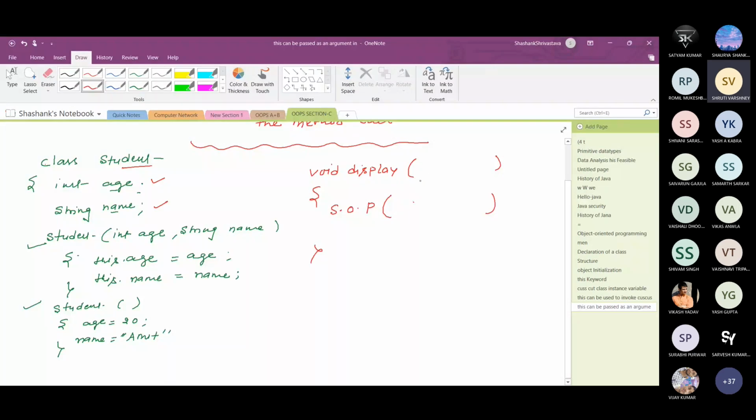If I would like to display the age and name of the current object, how can I get the current object reference in this particular method?